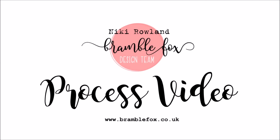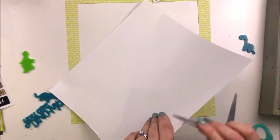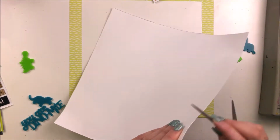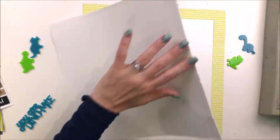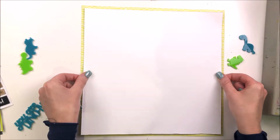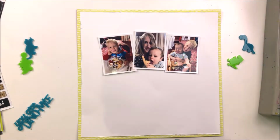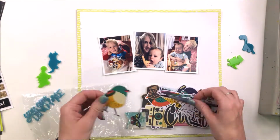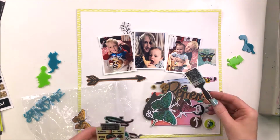I'm using one of the new sets to the store called Dino Mite and it contains a cute title that says "You are Dino Mite" and it has 4 very cute dinosaurs in the set as well. So 2 in kind of lime green and 2 in turquoise, and the title's in turquoise too. So it's a really great set. It's really cute if you have boys who love dinosaurs or girls who love dinosaurs, but basically dinosaurs are where